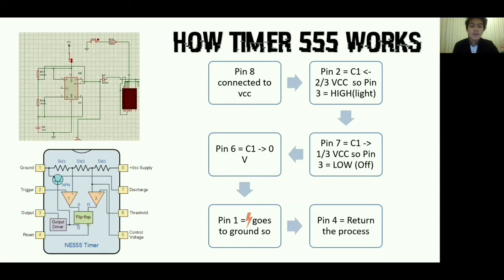then the capacitor charges until the voltage is 2/3 equal 3.3 volts. When the capacitor is charging, the output pin 3 is high. When the voltage at C1 is less than 3.33 volts,